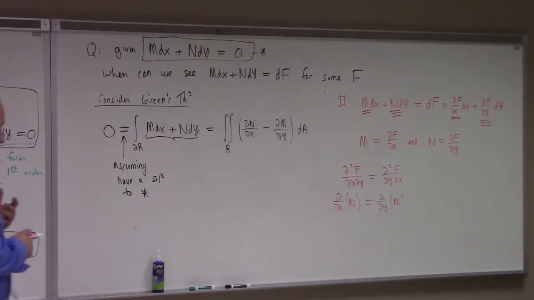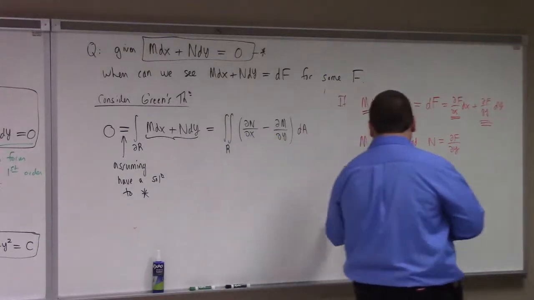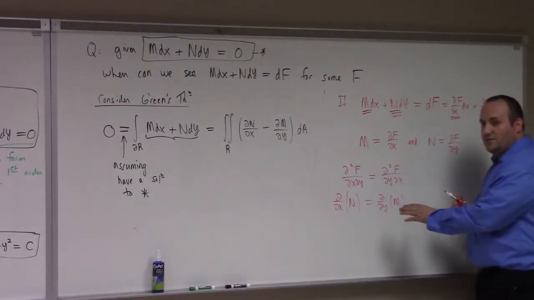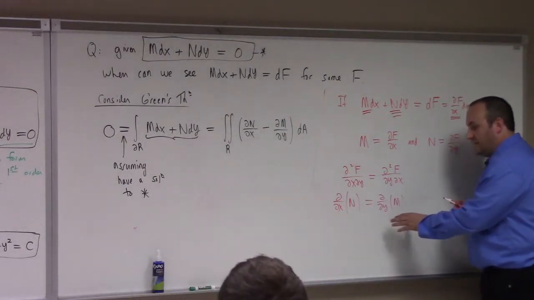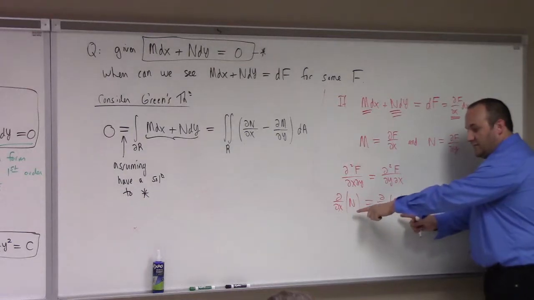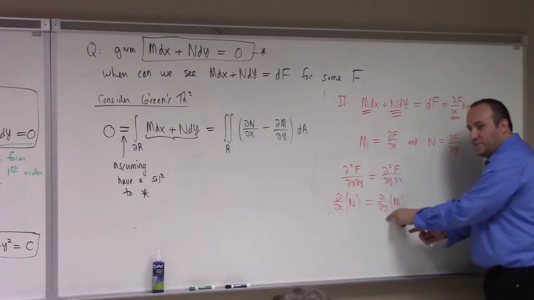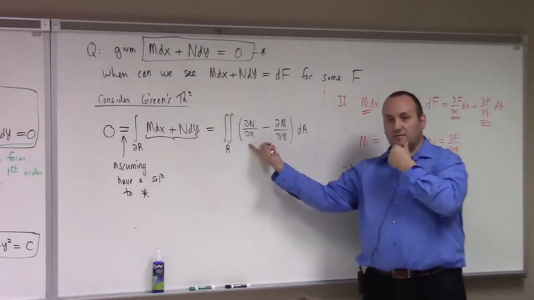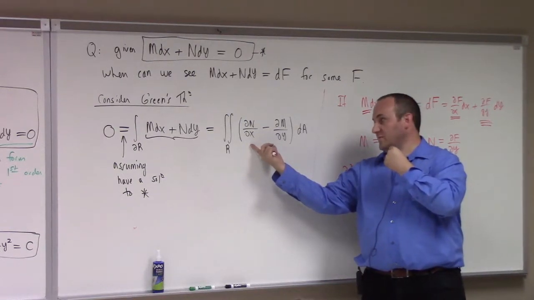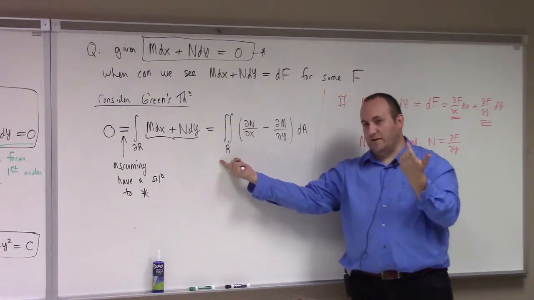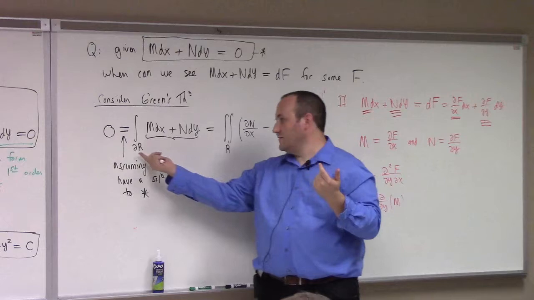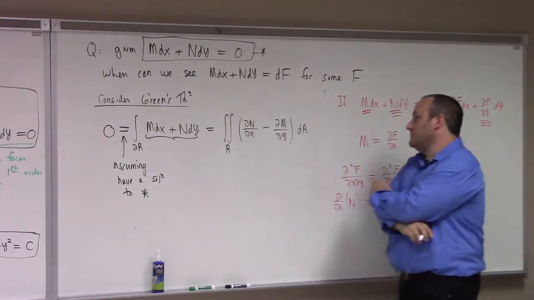Then I must have this relation between the partial derivatives of n and m with respect to x and y respectively. Once you have that, you can verify that this in fact does give you a solution with Green's theorem, right? Because once I know that partial n partial x is equal to partial m partial y, what does that do to this? That makes this 0, right? And it makes it 0 for what? For any region in which this holds. And so the boundary